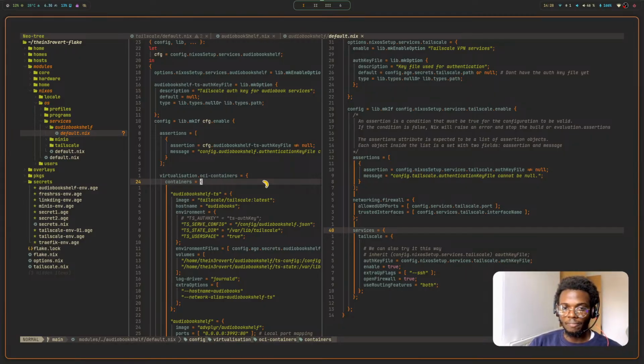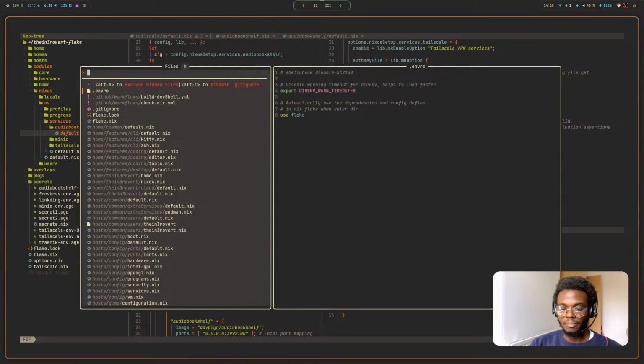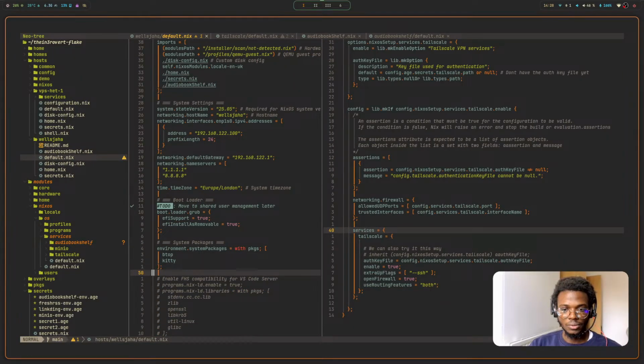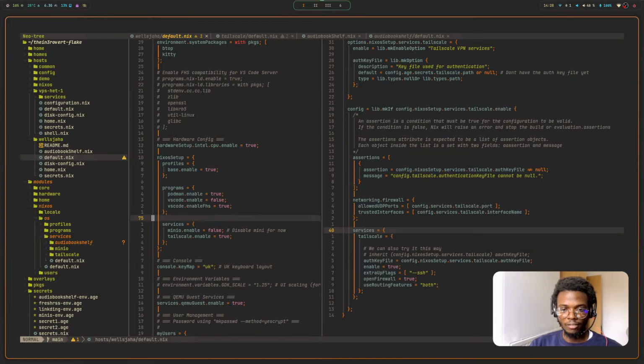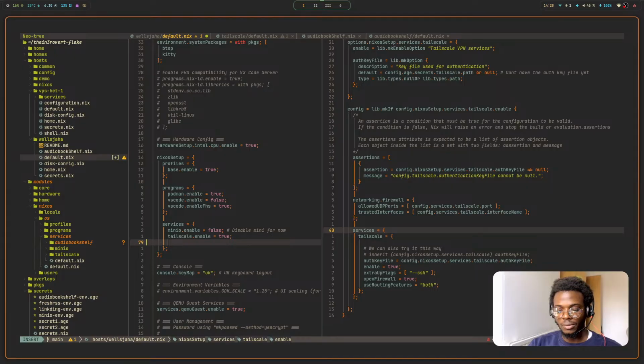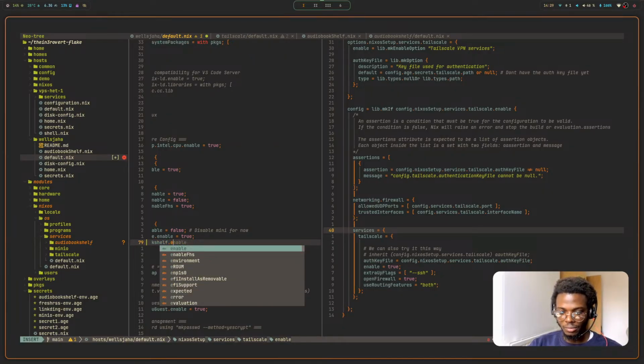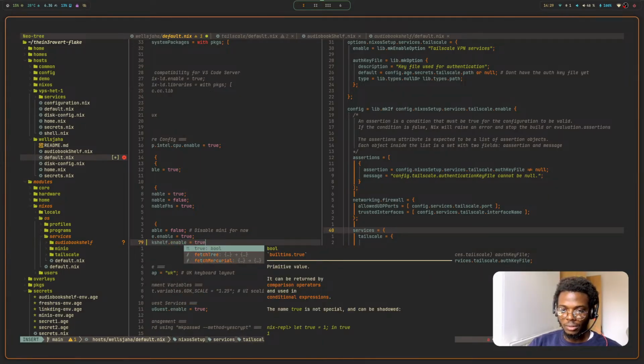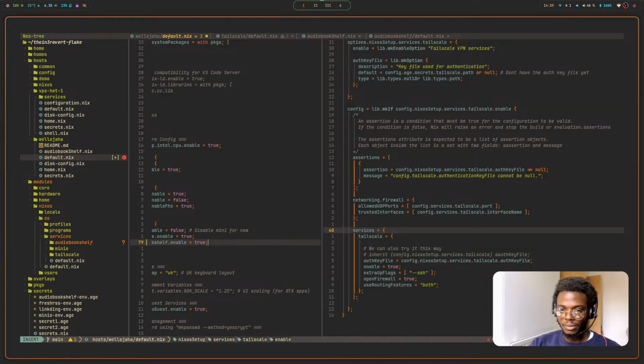So what I'm trying to say is, now I have my module, right? If I go to my default.nix file, and I do something like audio bookshelf dot enable equals true, no, not like this, audio bookshelf equals to